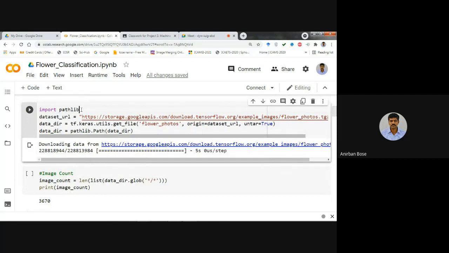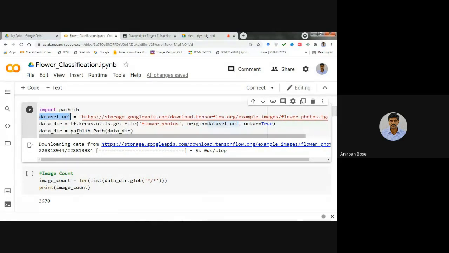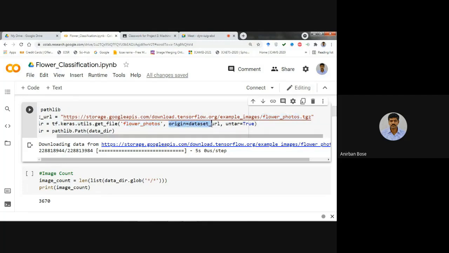Pathlib is the library we have to import, and then within dataset_URL we are giving the URL from where we are going to download. Then we are creating data_dir, and within that we give the command tf.keras.utils.get_file. Here you have to give the name of that particular folder, in our case flower_photos, and also the URL.